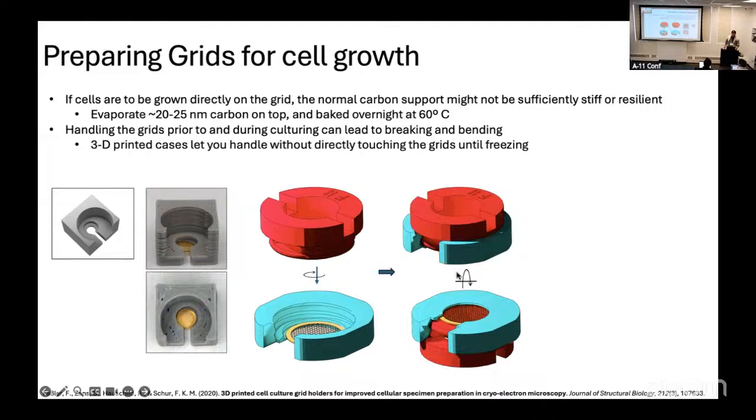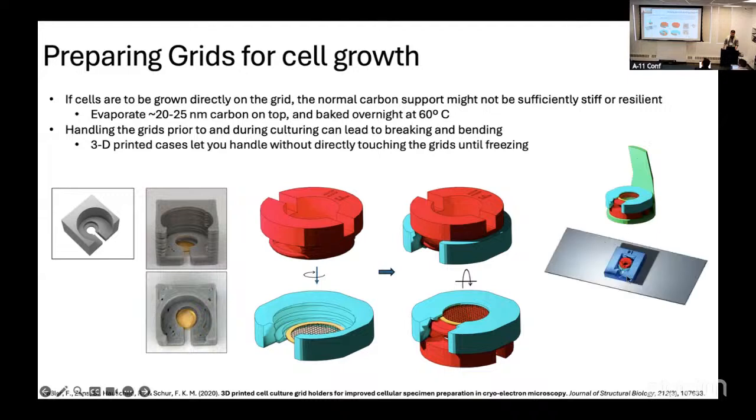And then you can both pattern them down and flip it up and grow the cells on top. And you never touch the grids once you get them into the grid box until you're going to freeze them. And I made little things, like a little thing you put in a 96 well so you can pick it up. This is the thing I use to pattern, so I put it in a little